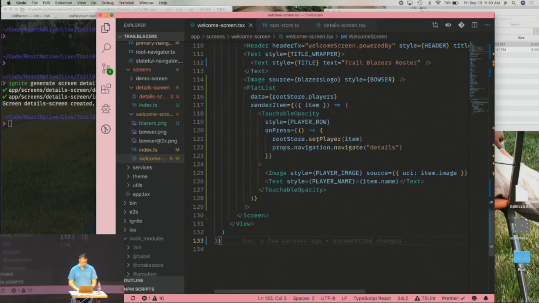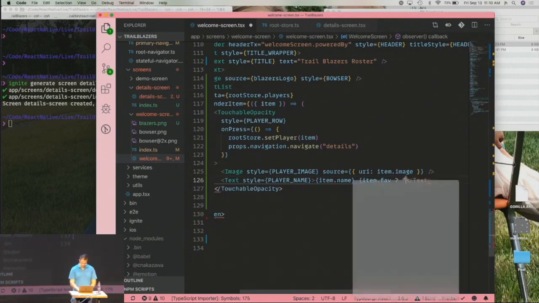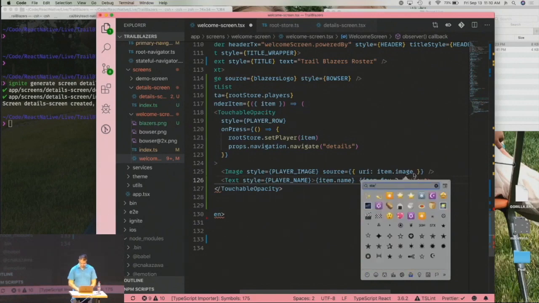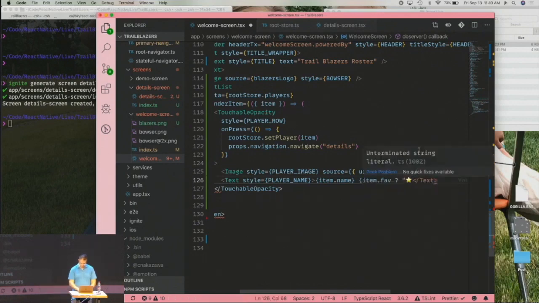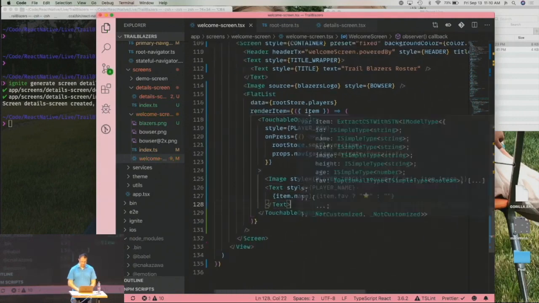Okay, so we want to put like a star next to their name. So item.fave. Remember, we're calling this item because that's what we get from React Navigation. So if they are fave, we want to put some sort of a star here. That one. Otherwise, we're not going to put anything. And additionally, instead of accessing